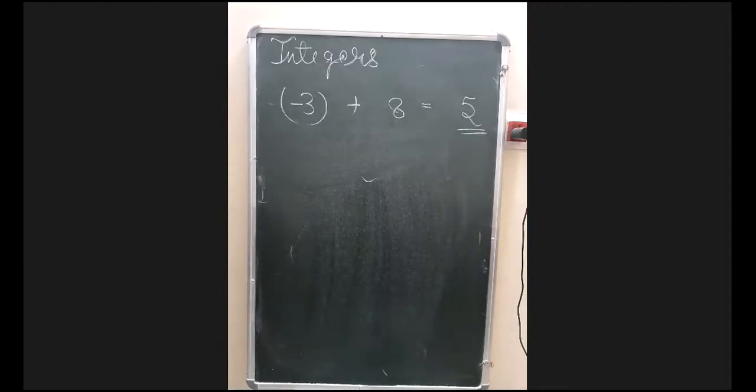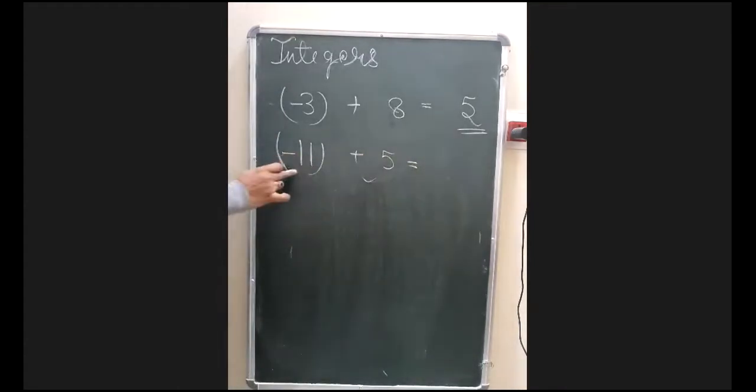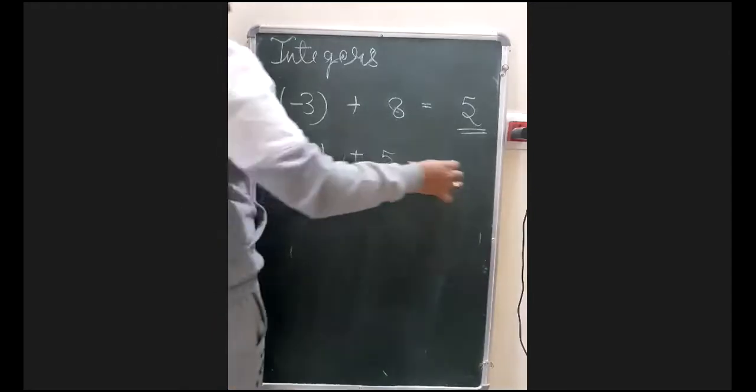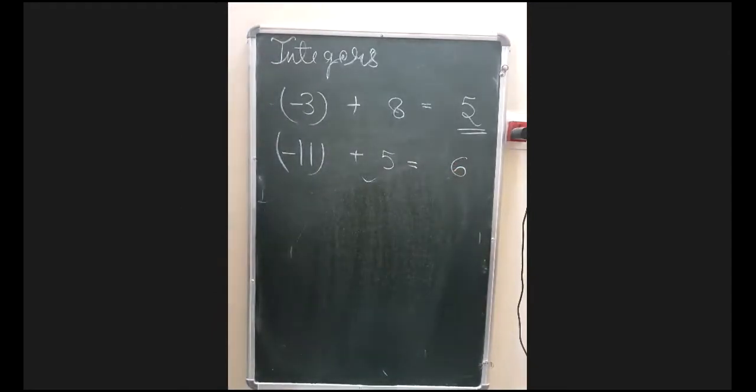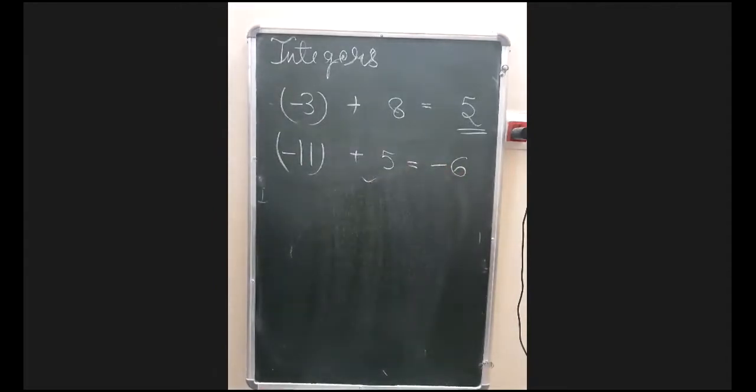ठीक है? So here, suppose the question is -11 plus 5. So remember 11 and 5 are of different sign, so they will subtract. 11 में से 5 गया बचा 6. And remember यहाँ पर 11 is greater. 11 is greater मतलब sign will be here -6, sorry. The number will be here -6.